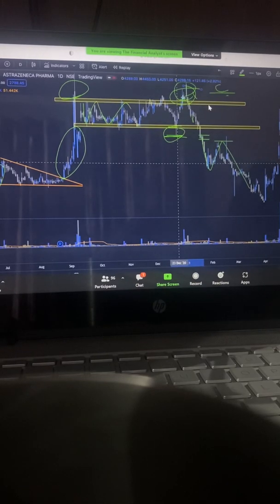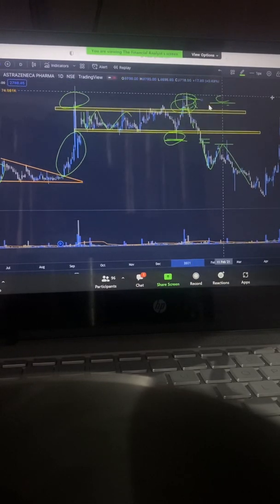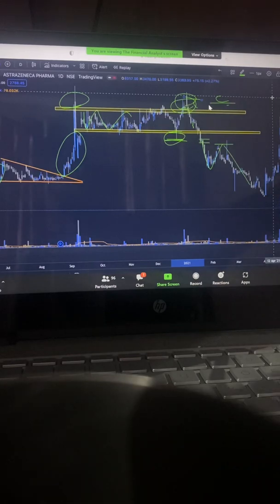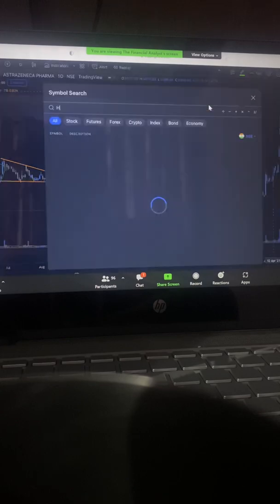That means the sellers' presence is very strong around these levels. The sellers are not letting the stock go up. Like I saw this similar thing in HAL, where it gave 4-5 times breakout and then